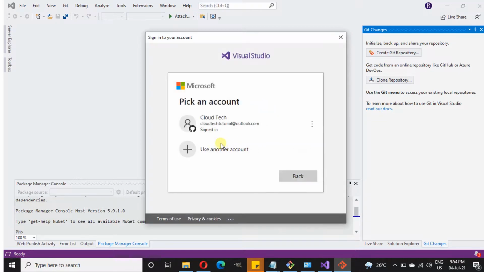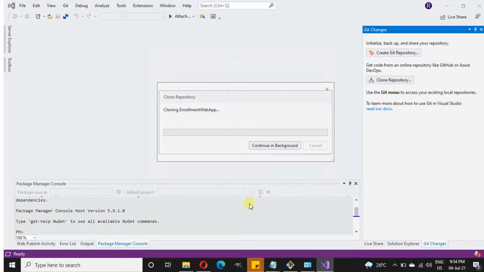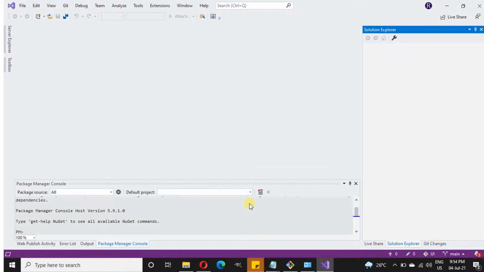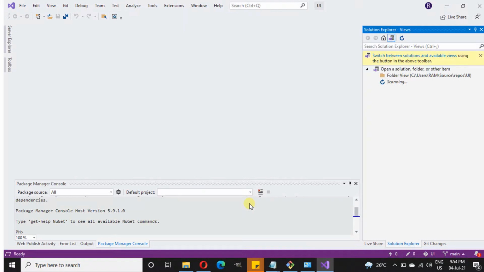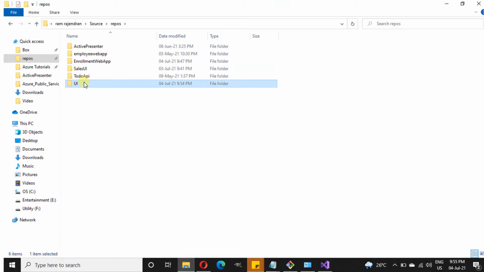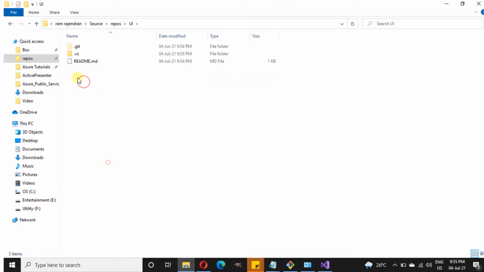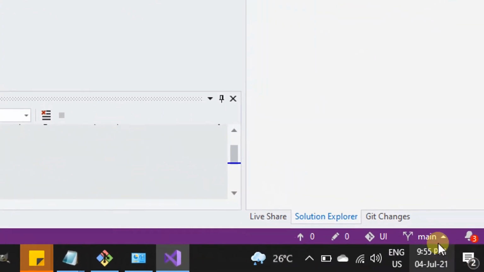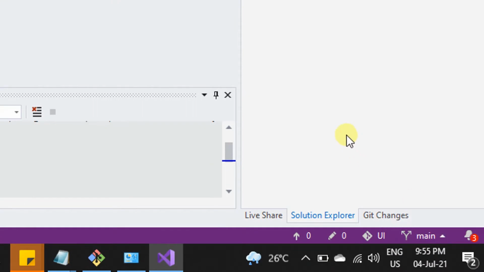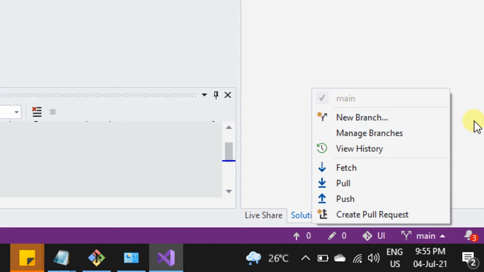And now again the pop-up is asking for authentication, so just provide this. So after waiting for some more time, now it is completed and our repository is loading over there. Yeah, this is the file we have created in our portal. And now let's see. Yeah, here also locally this file is cloned over here. We can see our readme file over here. Now let's get back to Visual Studio. So this is the branch we have created in our portal. So that is appearing over here. In case if you wish to create new branch from here, you can create it. So later you can push it to Azure DevOps.